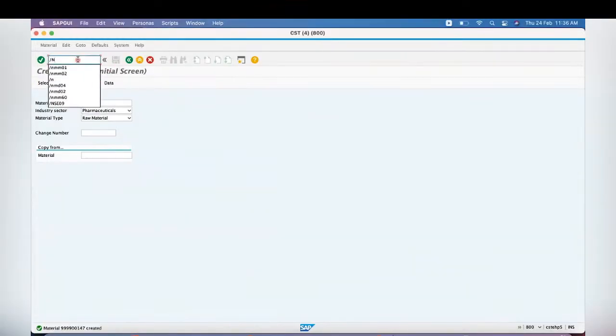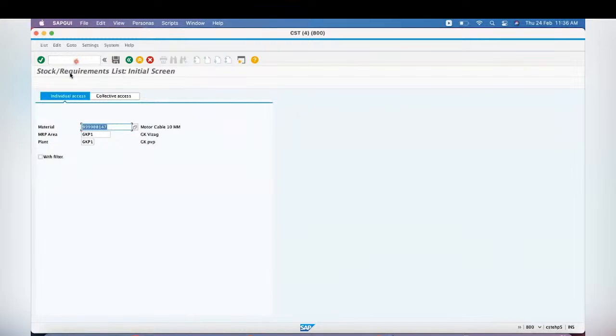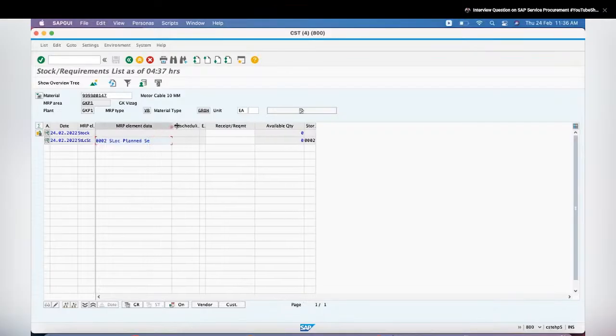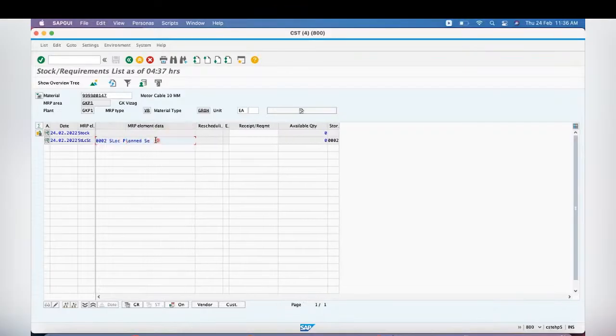Let's go and check MD04 first, for that GKP1 plant. This system is showing 0002 in a separate line because we are planning separately. See, S-log is planned separately for 0002. Remaining all are same. There is no stock, nothing is available, and we are going to run